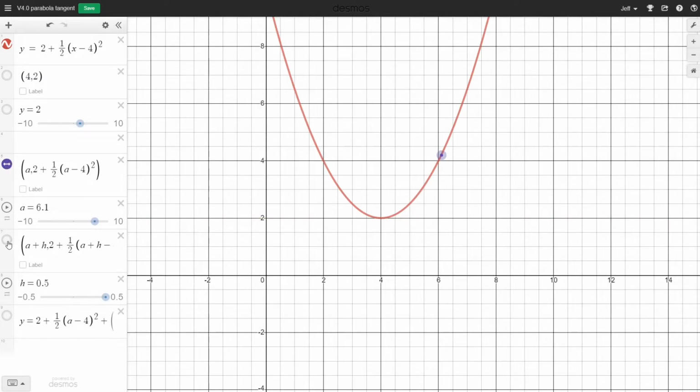So what we did was we added a second point that was near our first point, and then we drew the line that passed through those 2 points. We called it a secant line. And then we let the second point get closer and closer and closer to the first point. And once we took that limit, we called that limiting slope the slope of the tangent line, or we called it the derivative of the function at that point. And once we were able to do that for any point on the curve, we then looked at other functions. And we spent a good deal of time developing shortcuts to finding those derivatives of common functions.